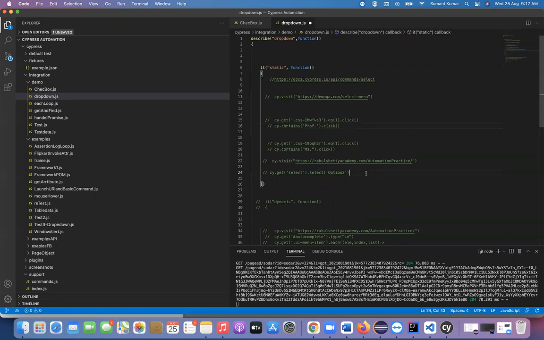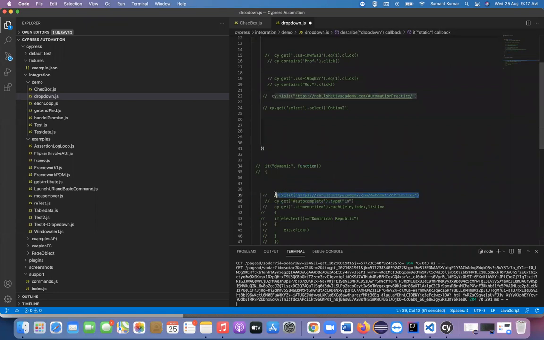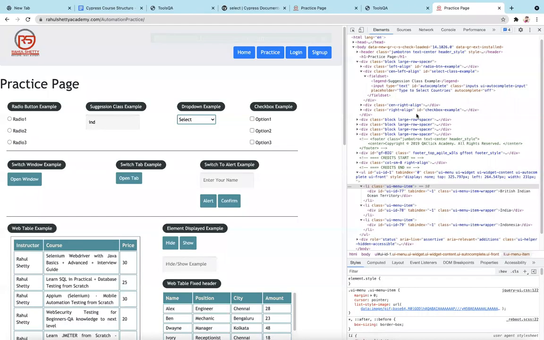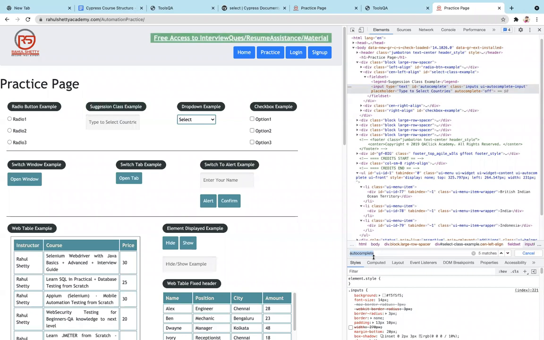And I will write again from fresh. So first you have to hit this particular URL, right? Then I need to type something here in the text box. So for that, you need to first inspect this text box element, right? And this text box we can figure out with either the class or the ID. So this ID is easy. Using has, we can write the CSS.